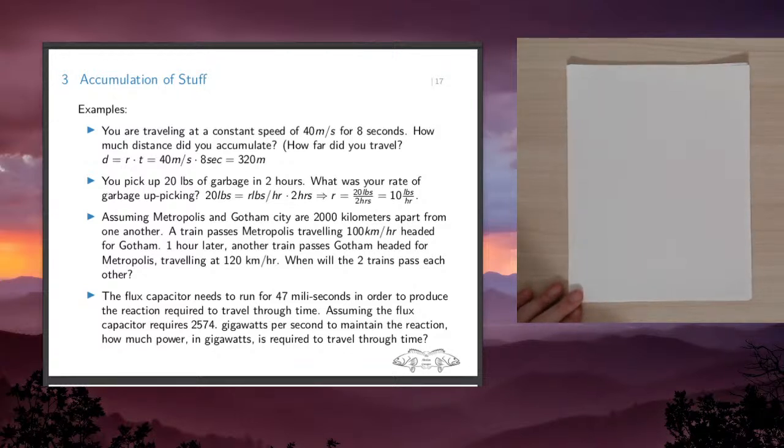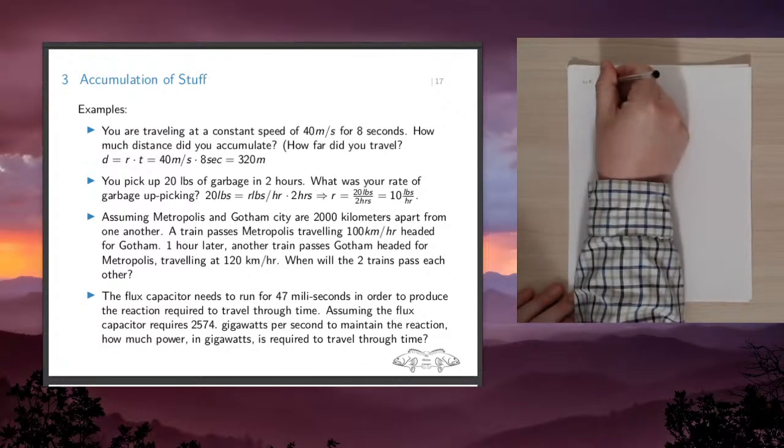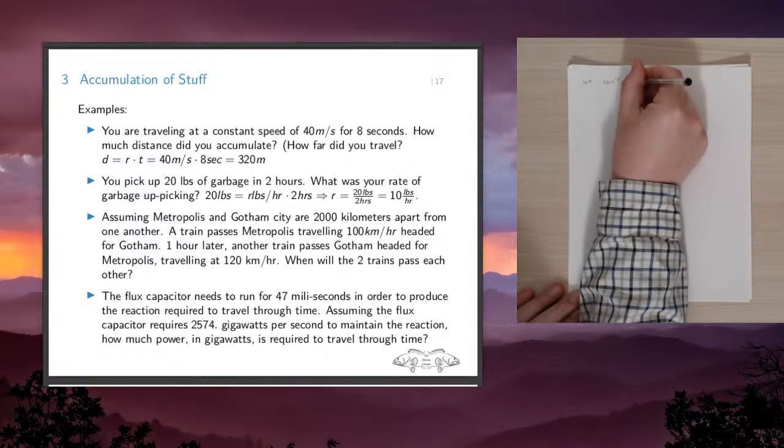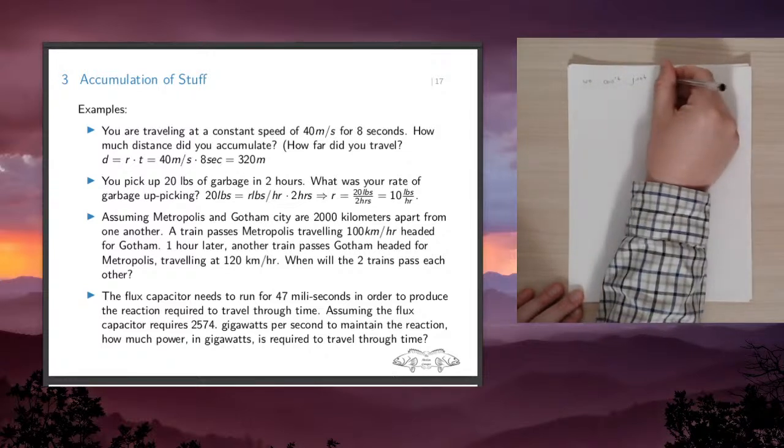So this one's a little trickier, right? It's maybe not quite as trivial. It doesn't seem like we can just write, for this one, we can't just do a simple